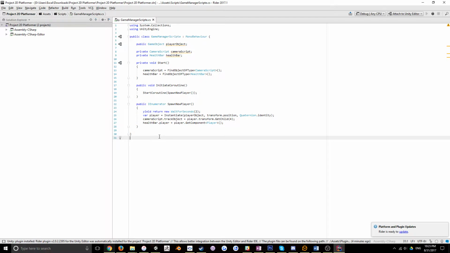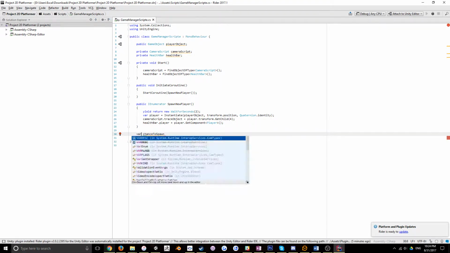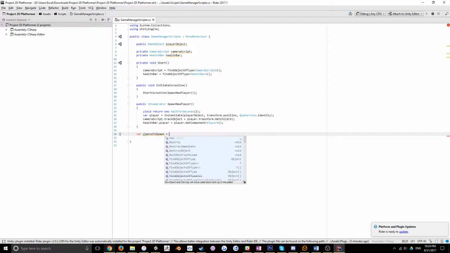You can also hover over it. In most cases, you want to restrict specific typing. So let's say you have a variable and it's like, I don't know, what's something like chance to spawn. So if you have a variable called chance to spawn equals something,